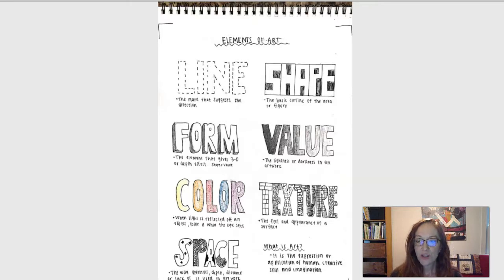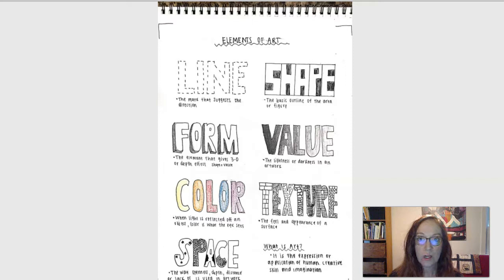What I want to touch on real quick is how type can have a concept and how a mix of type and imagery and a concept can really be effective. So I'm looking back at some of the assignments from the Elements of Art and Principles of Design assignment. And here we have some really clever ways that this student